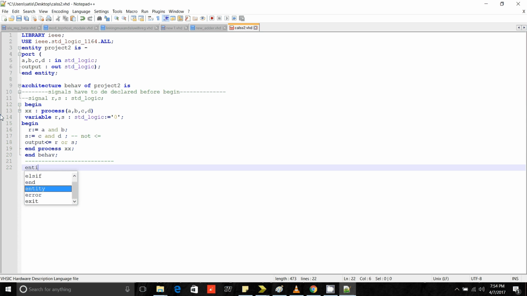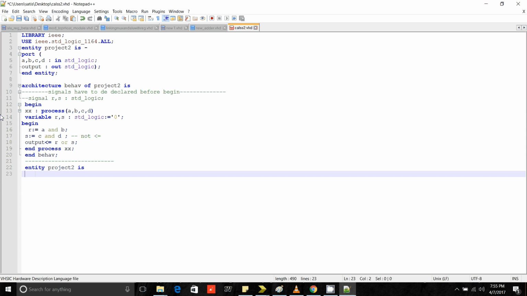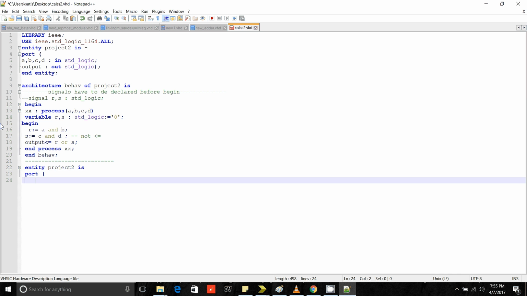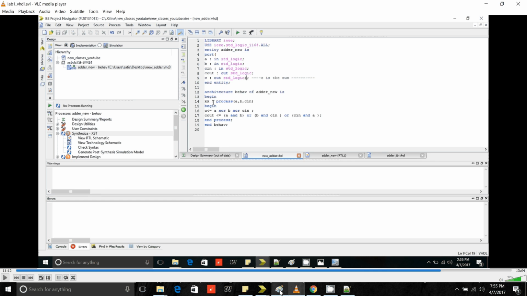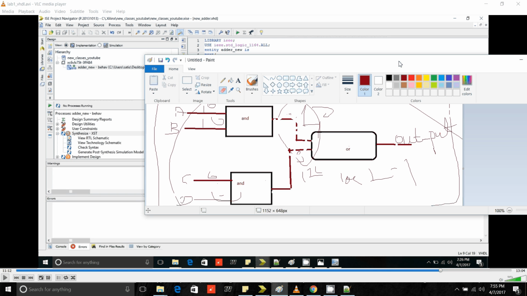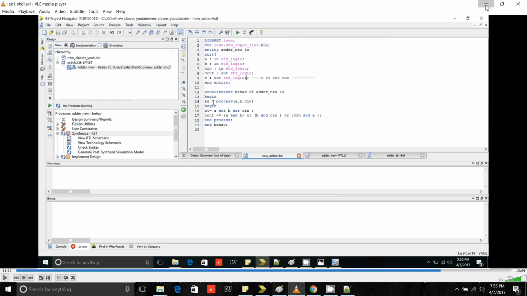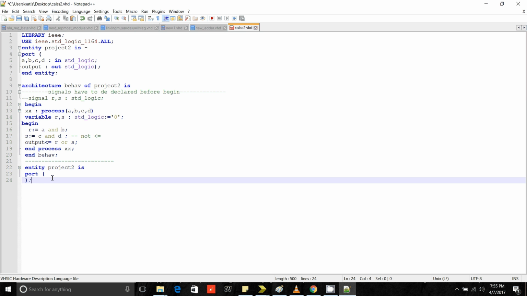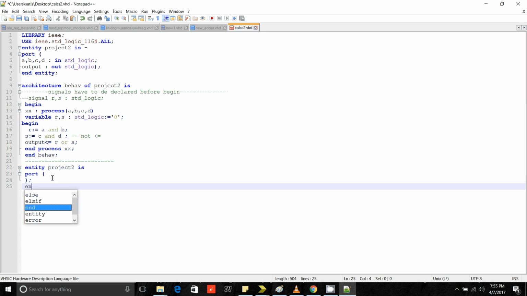Entity, project 2, the name of the project, port, declare all the ports here. As you can see, A, B, C and D are input ports, and O is the output port. That's declared over here. I just don't want to write it again here. And end entity,